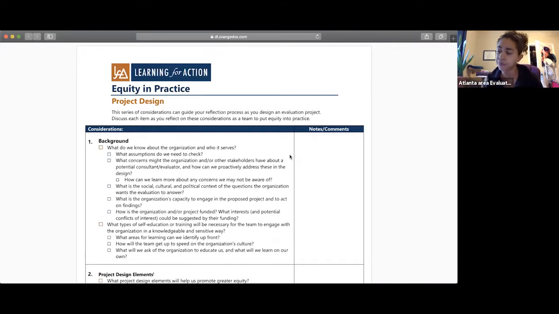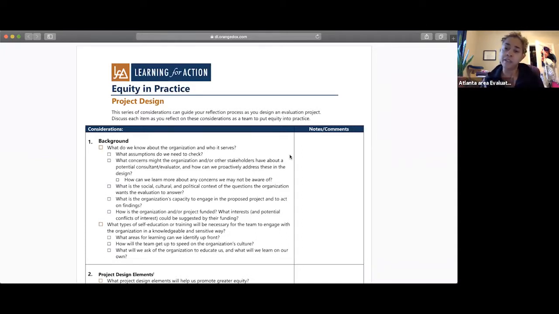I work in external evaluation at Vantage Evaluation, and we implemented a practice a little over a year ago where we created pause points, which is how we define them, throughout an evaluation, accompanied with checklists to support the team in both checking in with ourselves internally and then also checking in with the client.